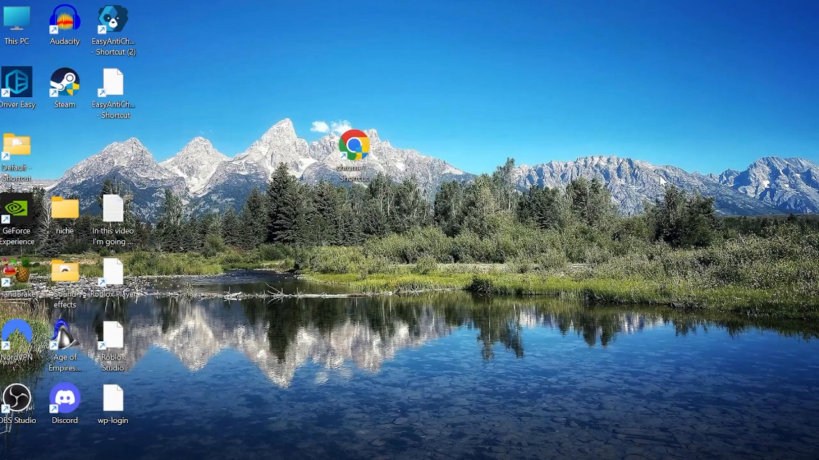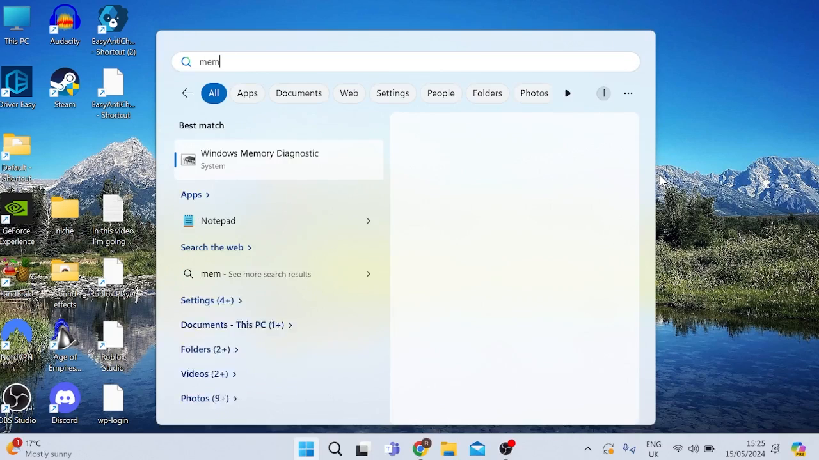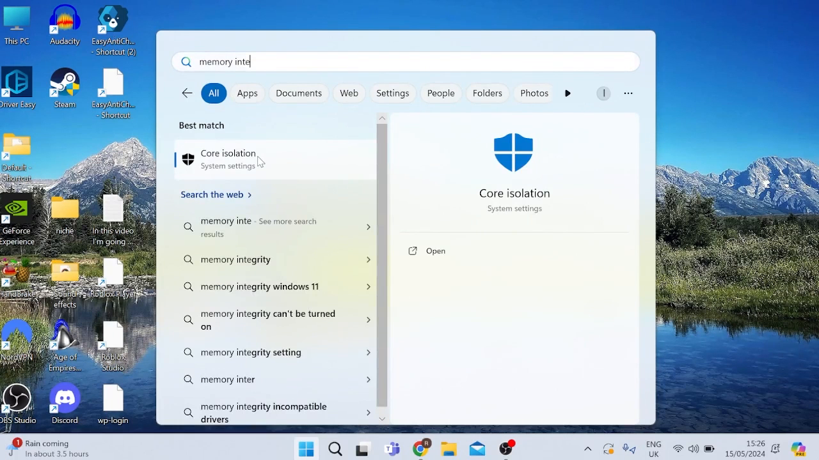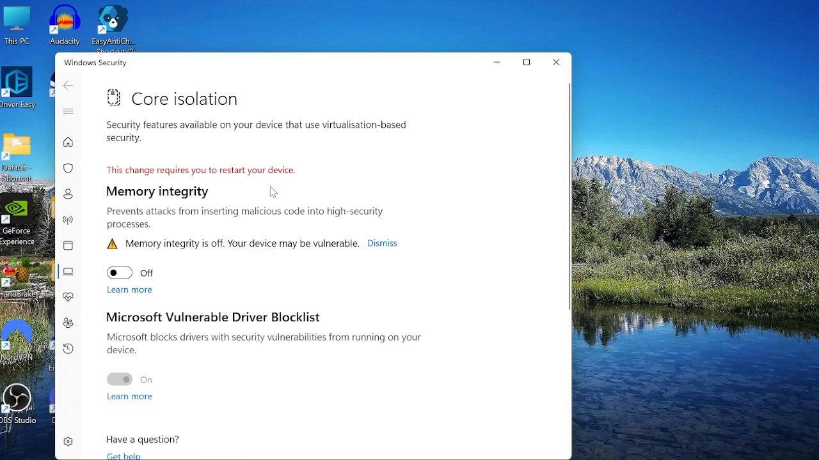Next thing we can do is come back to our Start menu by pressing the Windows key on our keyboard and searching for Memory Integrity. Then select Core Isolation. Now, Memory Integrity is a built-in security feature that prevents things like malware, but it does take up a lot of resources, so I would recommend switching this off for when gaming. This does require you to restart your computer before the changes take place, but for now, let's just carry on with the steps,